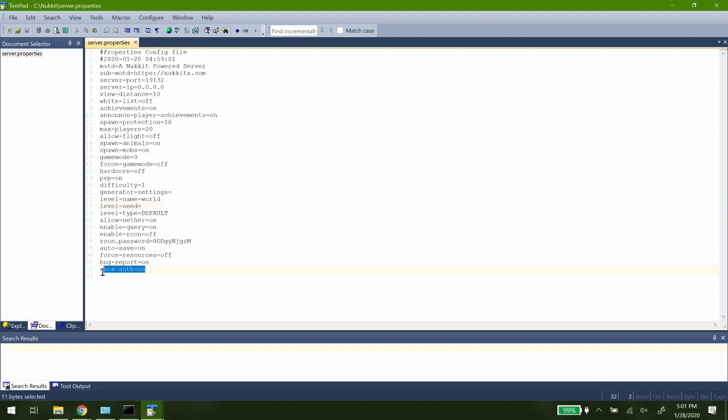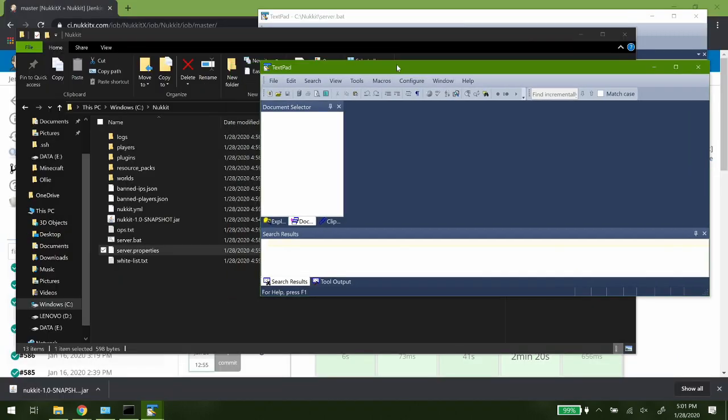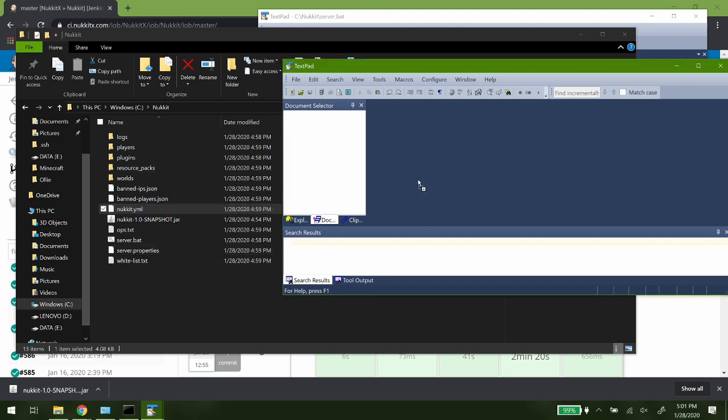And then down here, Xbox on or off. This is Xbox Live authentication, so only allow people who are logged into Microsoft accounts to connect to your server. If you turn this off, it'll allow anybody with any Minecraft client to connect. Alright, so that's just the basic things, and then the nukkit.yml file